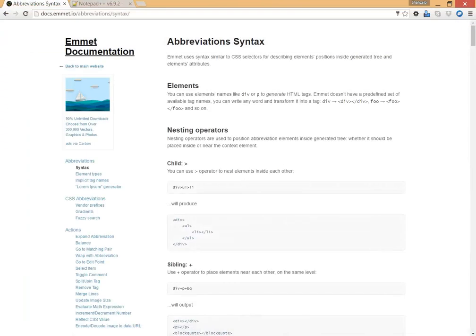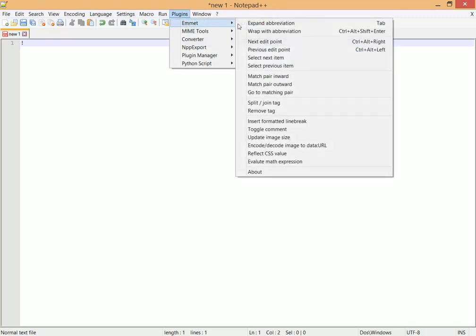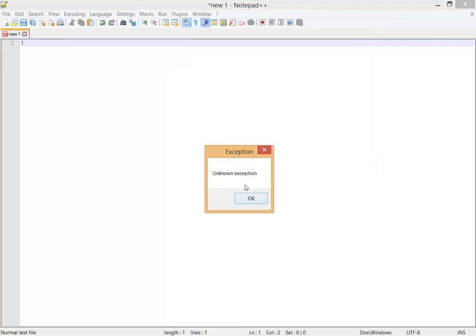If I just close that, click back and remove that, first of all we just need to run this command, the Emmet expand abbreviation. I can press the tab too to expand the abbreviation. What is the meaning of expand abbreviation? Just expanding the abbreviation. The exclamatory sign means we are about to create a complete structure of the HTML. So to expand its abbreviation, we just need to click on expand abbreviation, and we are getting the unknown